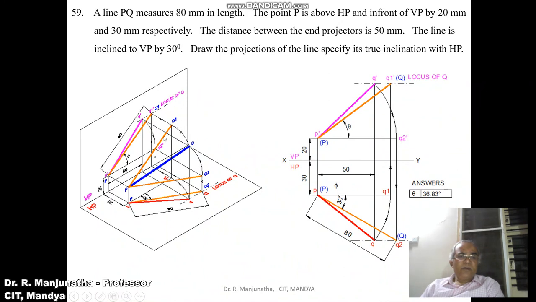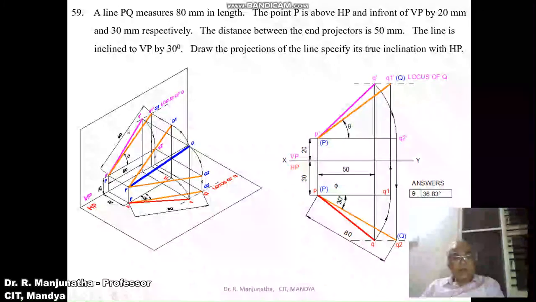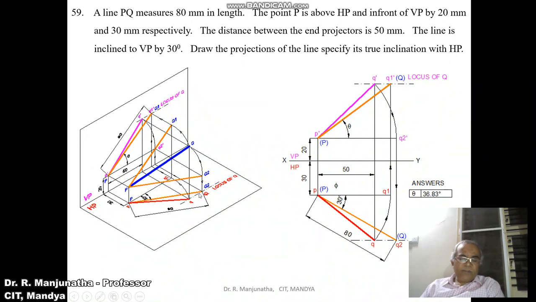So here, when you look from the top view, this is the projector where we are going to get the small PQ1, which is the top view. Now similarly, with P as center, now we want to find out the true length in the horizontal plane. Of course, it is already there, because with P as center, by taking the radius, you rotate it and make it parallel to HP. So you are getting this, since it is a true length in HP. So this is how you will be able to analyze this problem in 3 dimensions. Now we will take it up individually.